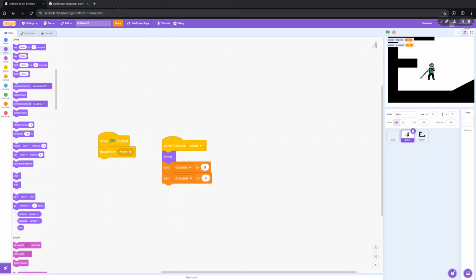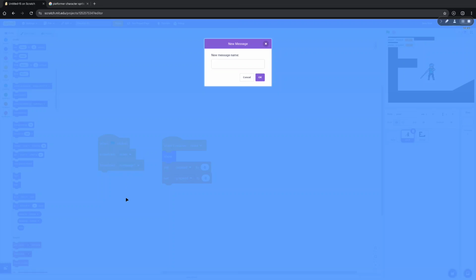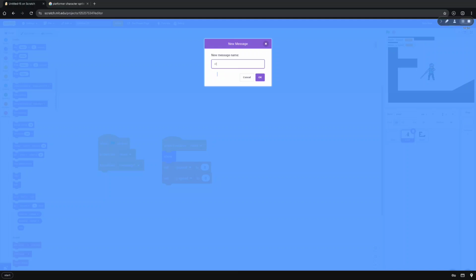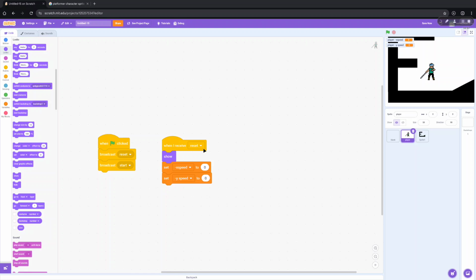Go broadcast message 1. Duplicate. Broadcast message 1. And instead of message 1 this time, you can go to new message, and this message will be named start. Now, let's broadcast start. No, there's another one. Then when I receive start,